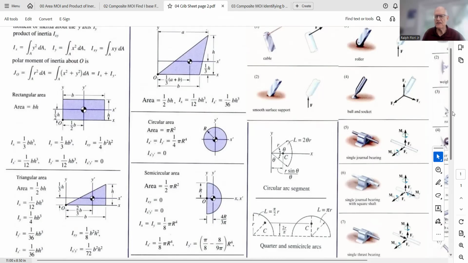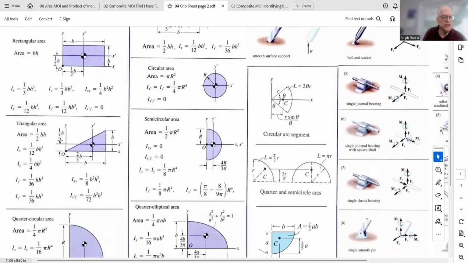Also for the triangle, it's the same deal. So for the centroidal axes, we got a 1 over 36 bh cubed, but he gives you a 1 over 36 hb cubed and a 1 over 36 bh cubed, depending on the orientation. To me, all you need is just one, and you just need to know which dimension is b and which dimension is h. But he gives you both. And also for the base, the I base about the x-axis is 1/12 bh cubed, and the IY is actually a different formula. He gives 1/4 hb cubed